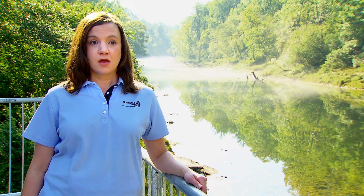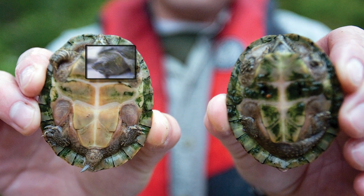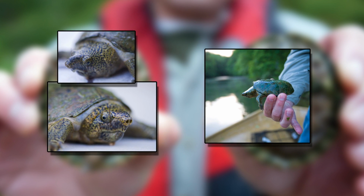Partnering with our shoreline managers, our environmental group reviews shoreline permit applications for federally protected considerations, such as wetlands, historical resources, and threatened and endangered species. One good example is the flattened musk turtle that is native to the Warrior River Basin that Smith Lake is a part of. And we've been working very closely with the Fish and Wildlife Service to find out how we